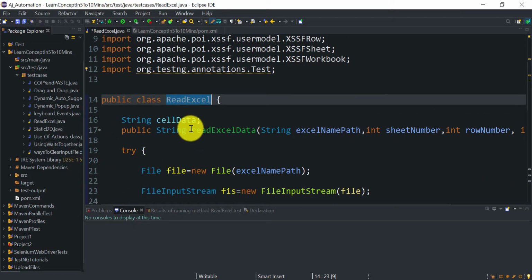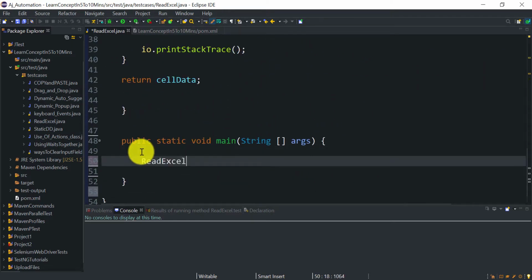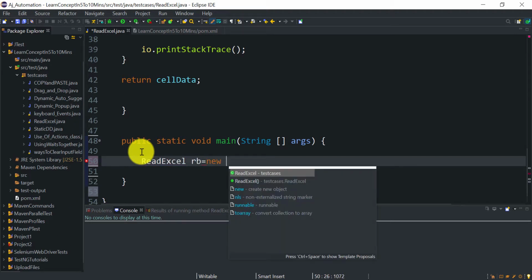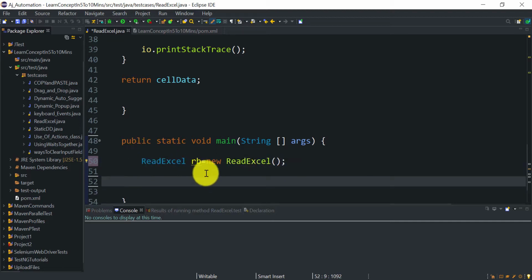If you have declared this method as static, then you don't require to create an object, but currently we will need to create an object for this class. So ReadExcel rb equal to new ReadExcel. And using this object reference we will call that method, rb.readExcelData.